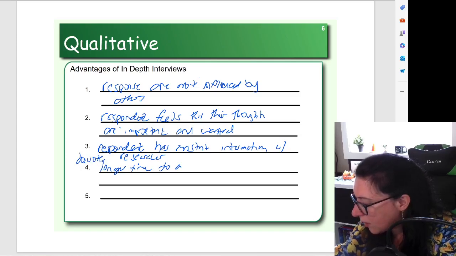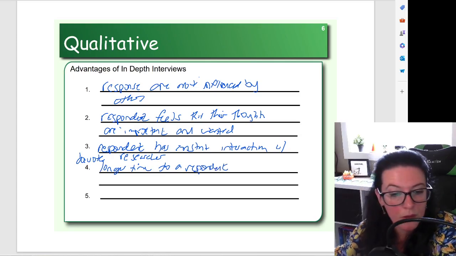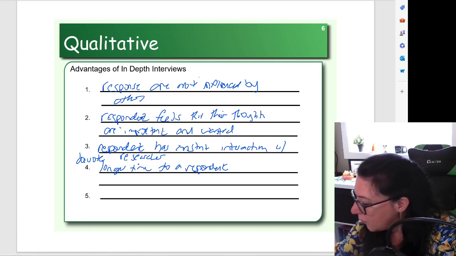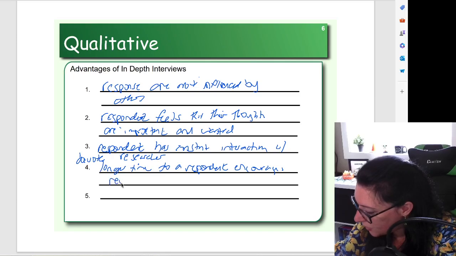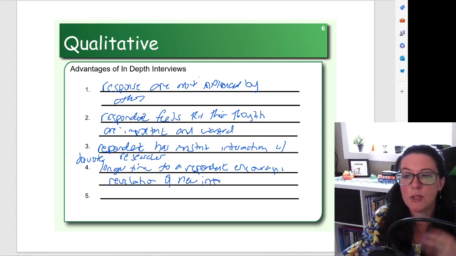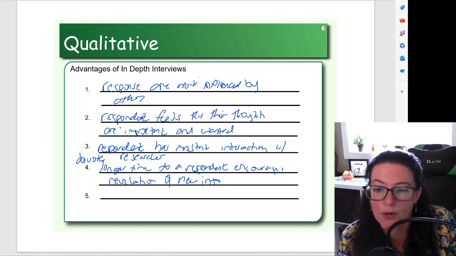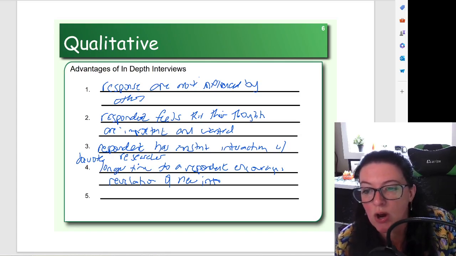All right, devote a longer time to a respondent, which encourages revelation of new information. Okay? Because you are spending the time focusing on that one person, probing, getting them to talk,